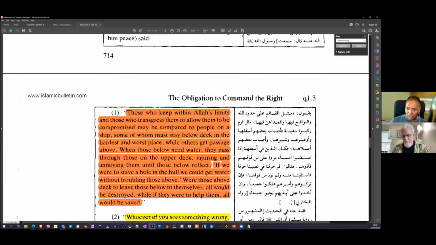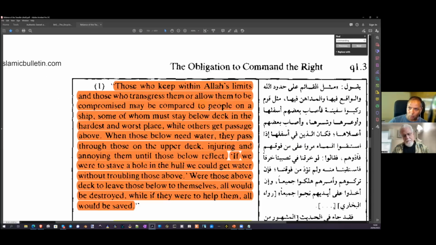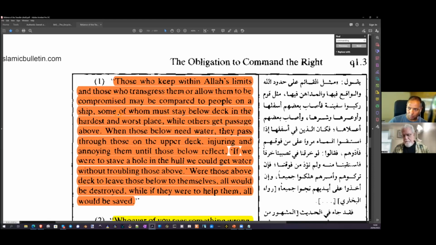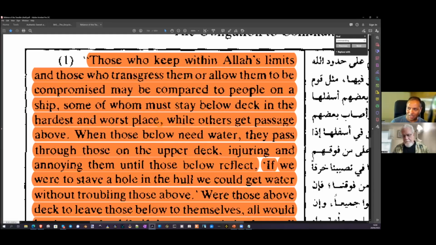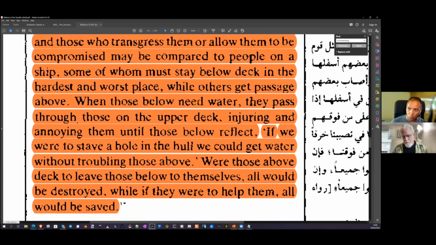Those who keep within Allah's limits and those who transgress them or allow them to be compromised may be compared to people on a ship, some of whom must stay below deck in the hardest and worst place, while others get passage above. When those below need water, they pass through those on the upper deck, injuring and annoying them until those below reflect. If we were to make a hole in the hull, we could get water without troubling